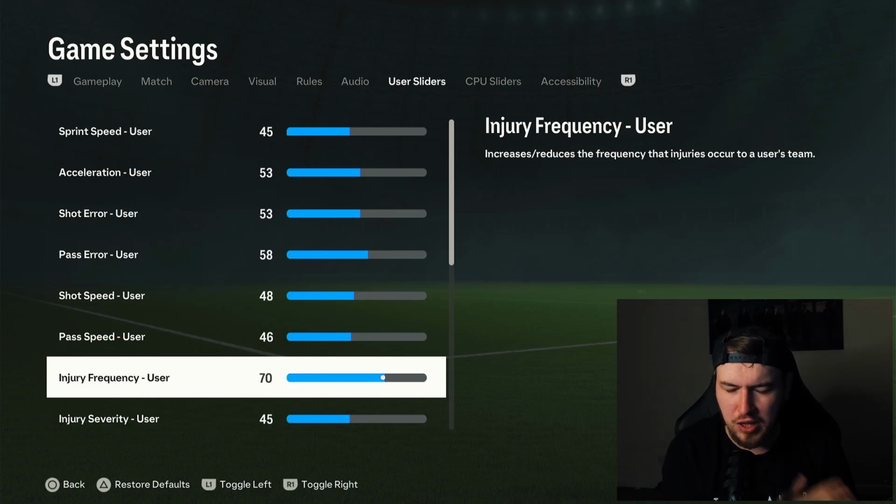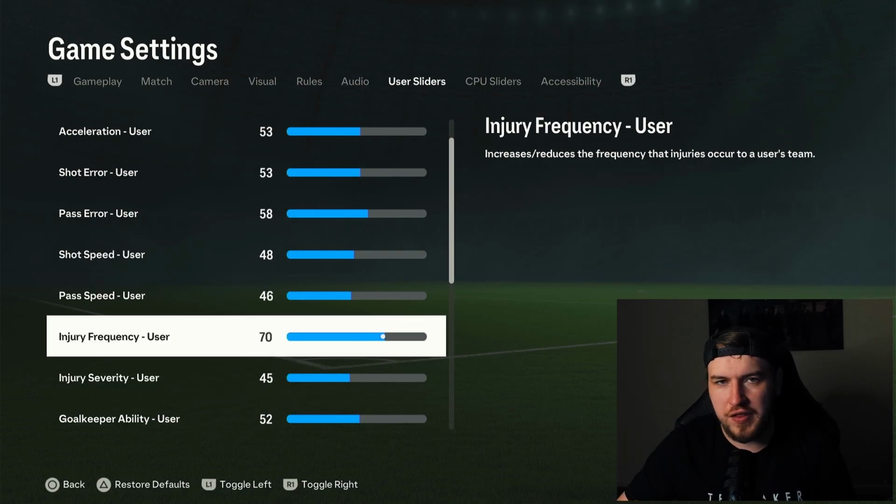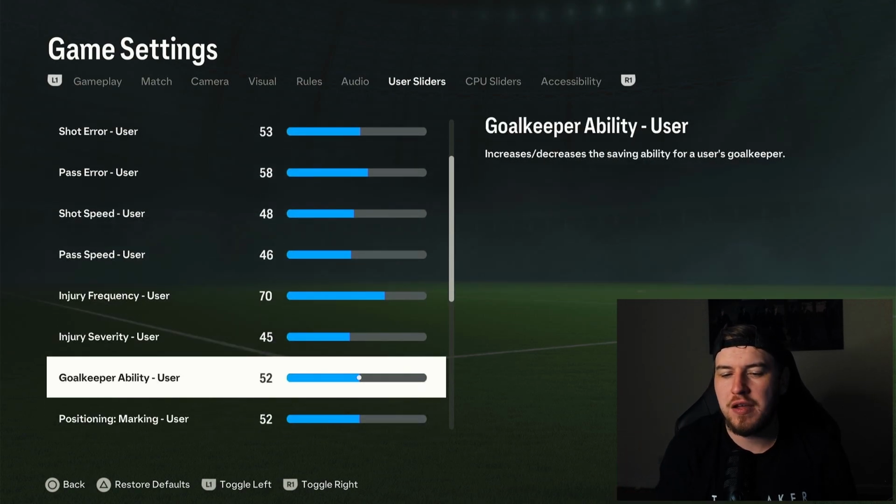I'm one of those people who likes the injury frequency up a lot more. I turned the severity down because I was getting a few too many broken toes, but I don't think there's ever been enough injuries in this game, and I'm trying to go for a more realistic approach to a career mode. I have made the goalkeepers better for me and for the AI, but